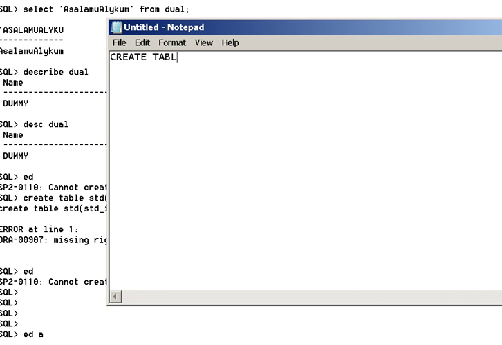Create table std, because here I can go back and forth. Create table std. Okay, and the first thing was student id. It should be a number, say for example 3 digits. It's going to be my primary key, comma,